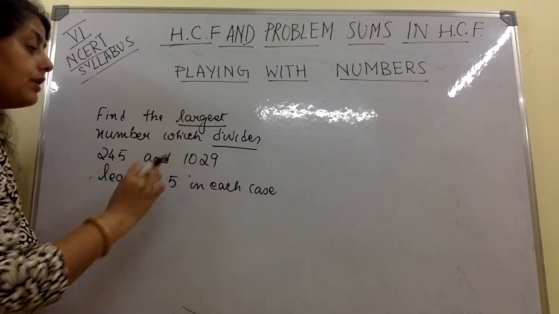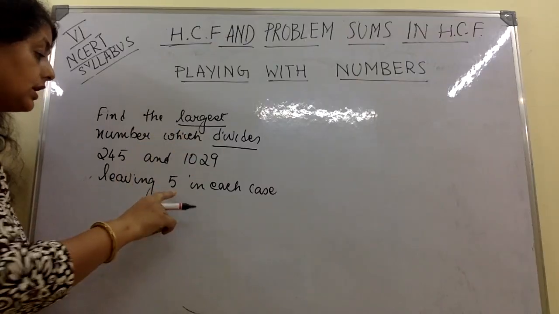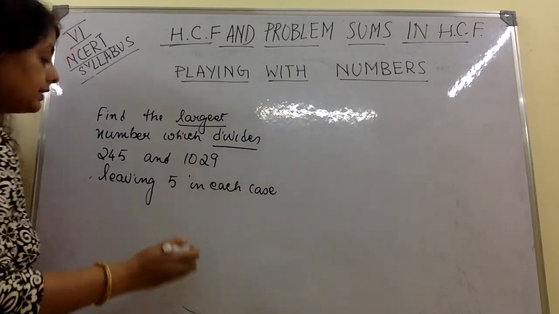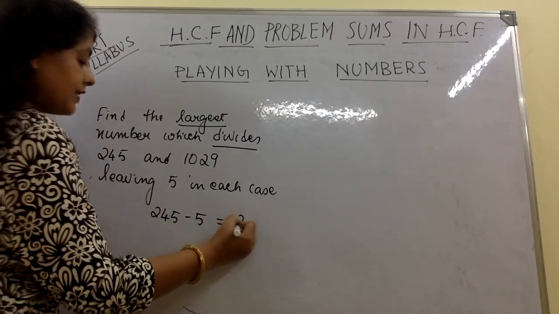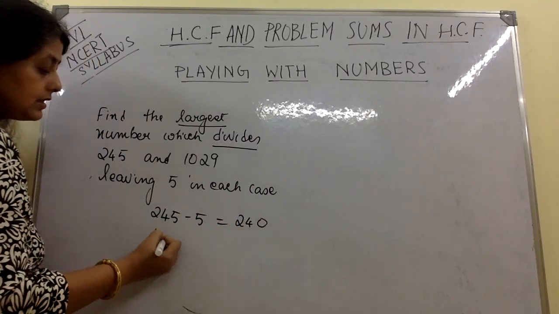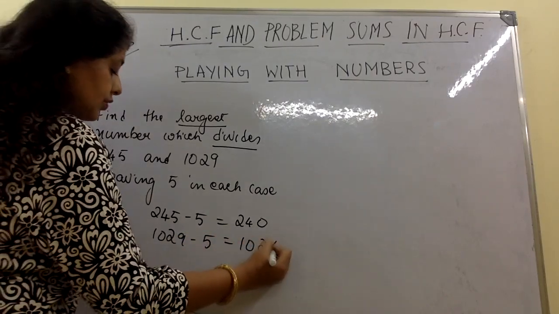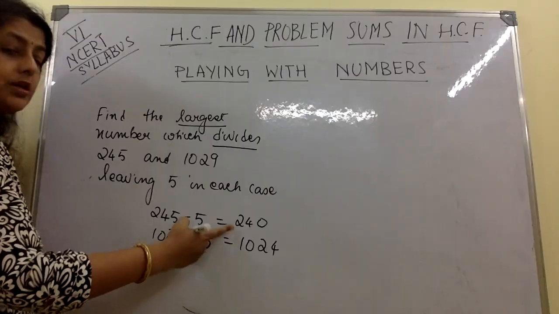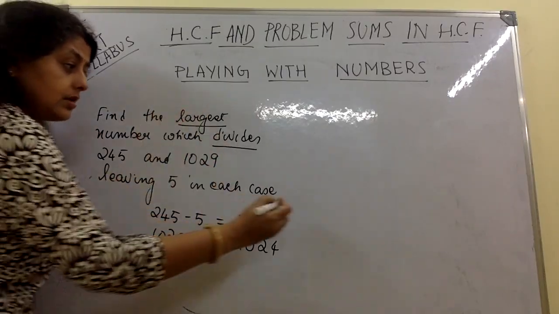Okay, now what we'll do is, now divides this, but it does not divide completely, properly. It leaves 5 in each case. Then 245, from that if I subtract 5, I get a 240. And 1029, from that if I subtract 5, then I get 1024. So these two numbers will be divisible without any remainder, because if I cut out the remainder, you see, if